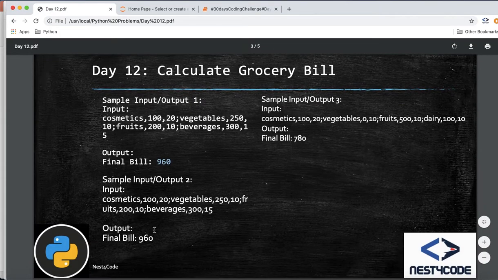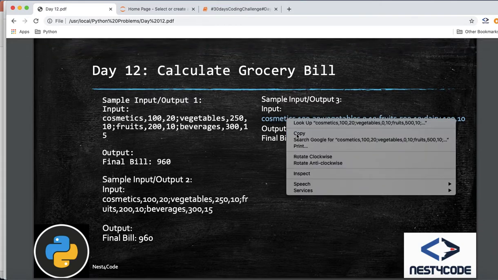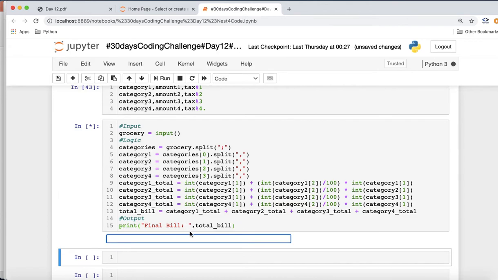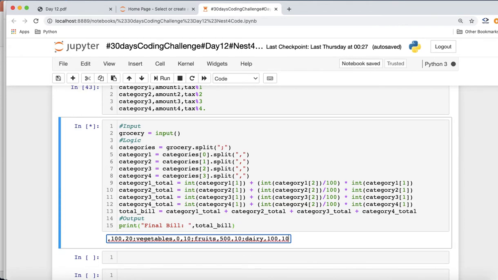So guys, I think the second input is the same as the first input. If you see here, it's the same thing. The final result will also come the same, so we don't need to execute it for the second test case. So let's do it for the third case. Let's give the input here and check for any extra space. I think it was in one line, so it's copied as expected.